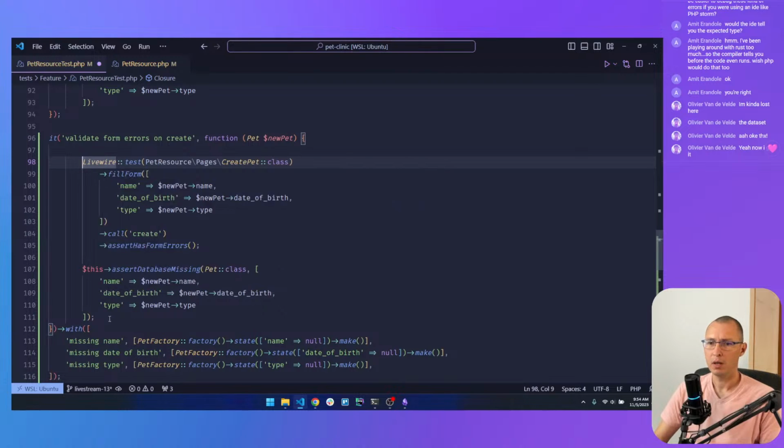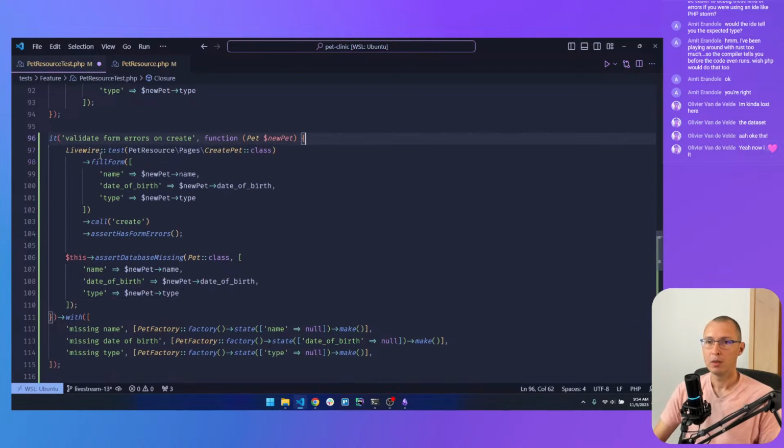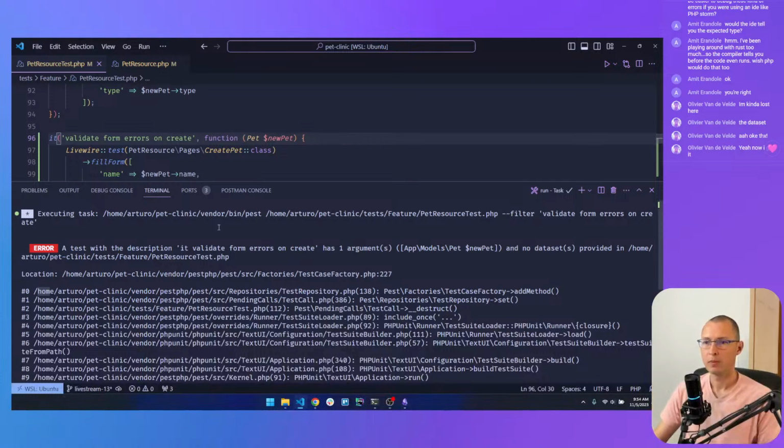The indentation is wrong here. Much better. Okay. Let's see if this works. A test with description validate errors has one argument and no datasets provided. Really?